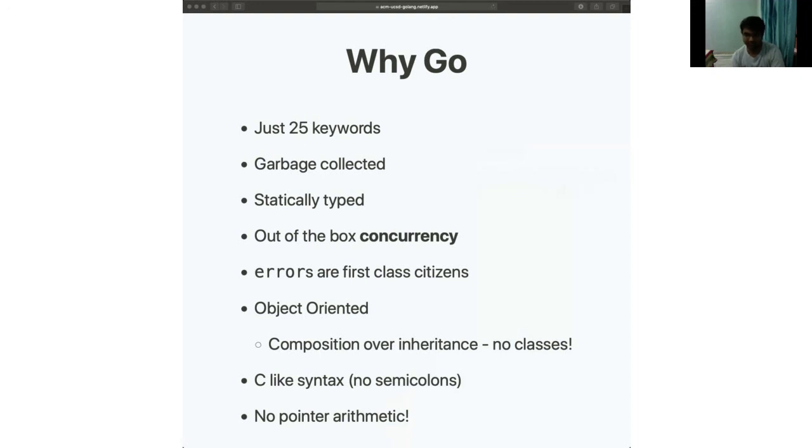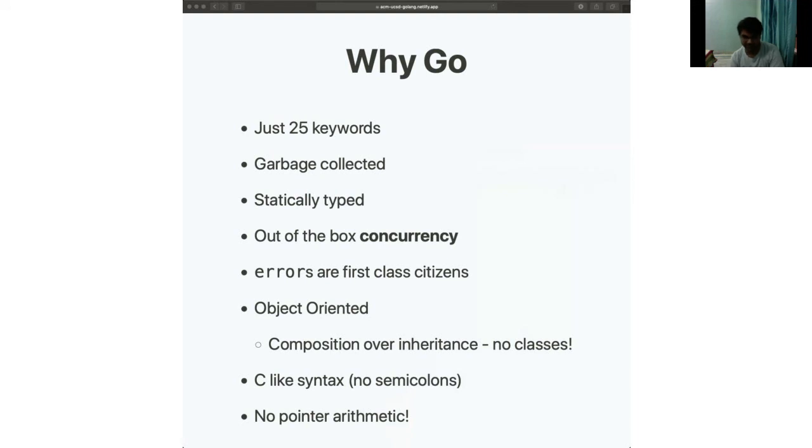Errors are return values. In the real world there are a lot of errors, and you can't have millions of try catches everywhere. It's also object-oriented, but not in the standard way. I won't really discuss that, but it's just a thing to know.